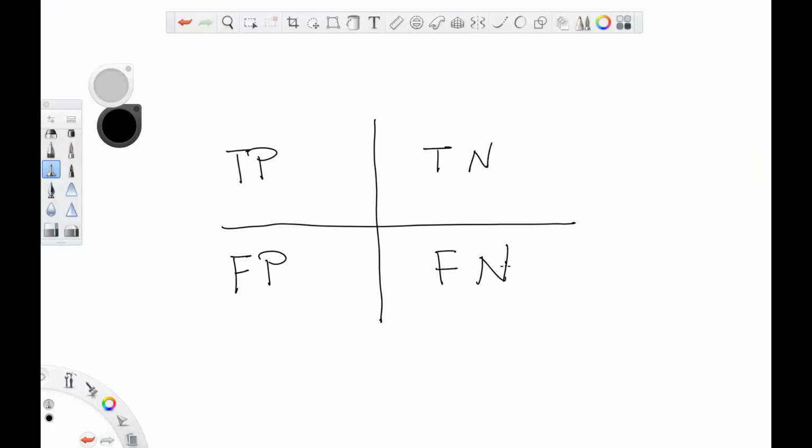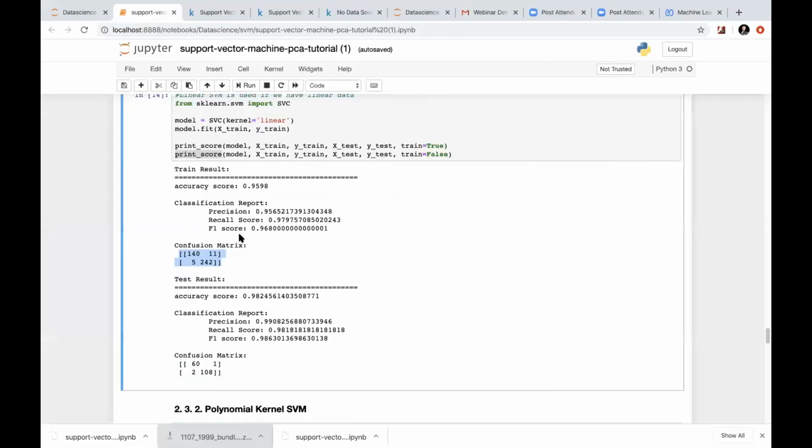So guys, this confusion matrix is very relevant in today's scenario also. As you all know, we are all dealing with the global pandemic COVID-19, and how all this is getting evaluated, how test kits are evaluated, is based on this confusion matrix. So let me just quickly replicate these four things: 140, 115 and 242.